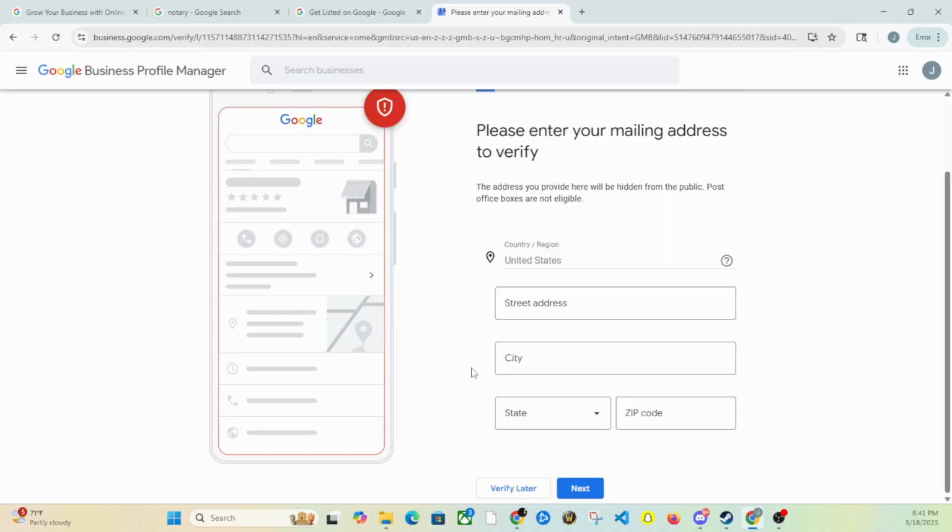Their normal means is to send you a card and have you take pictures and send them the code back on the card. Since there is not a location you will be working from, they cannot do that. And they will not accept a residential address as a business address. Okay? So enter your home address here. I have a video explaining how to fix this, but to give you just a quick answer,